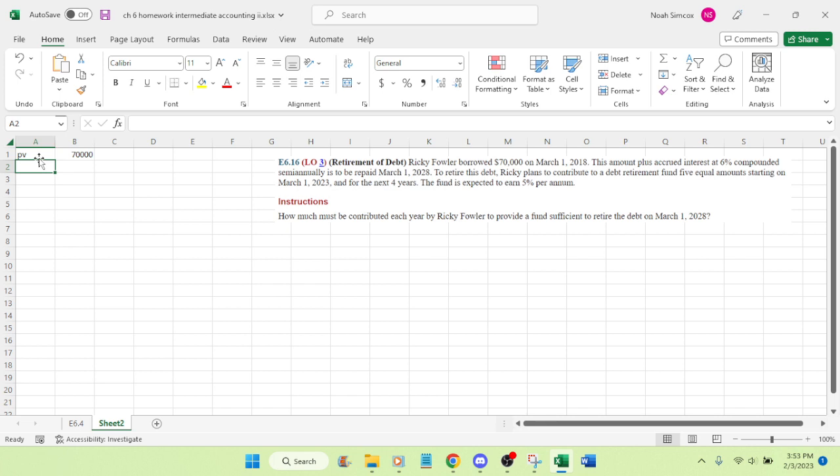How much? We're going to see how much it is required at the end. So, rate of 0.06. Repaid. I think what we're supposed to do